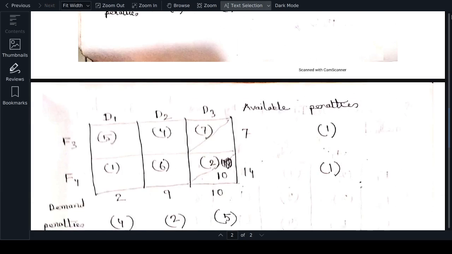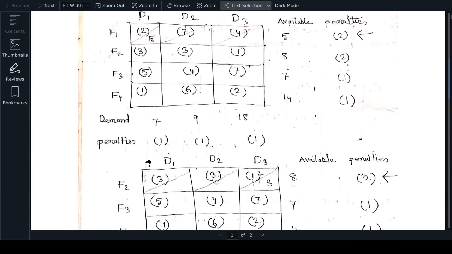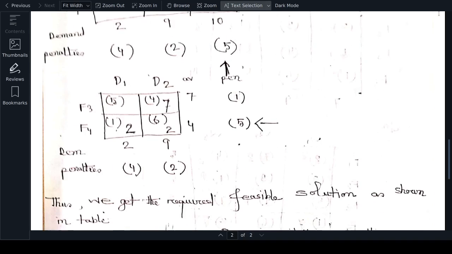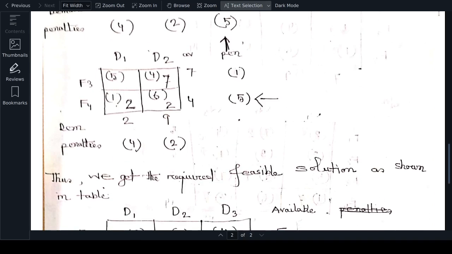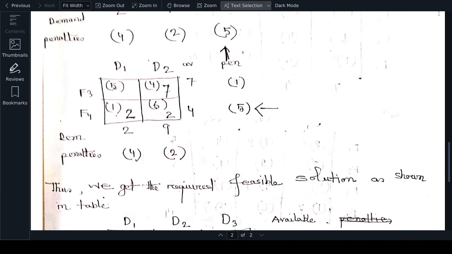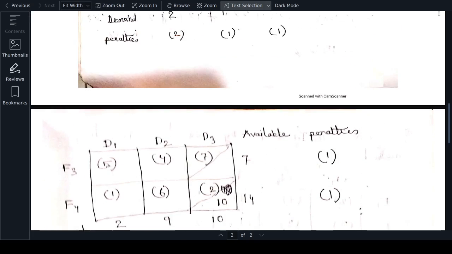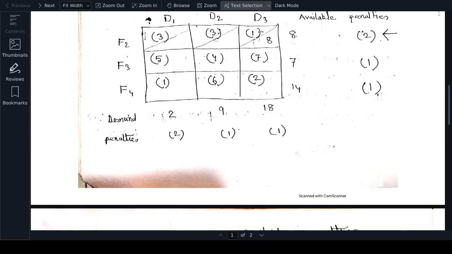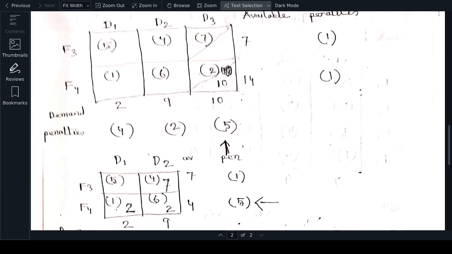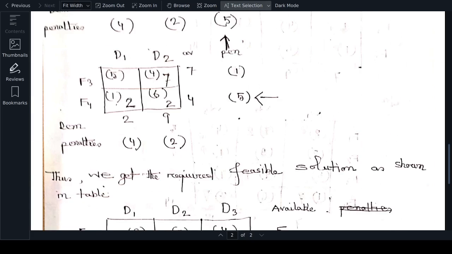Because when we cancel out the D1 column, only D2 remains. So in D2, you give it, so for this reason we write that. And next, what we do,